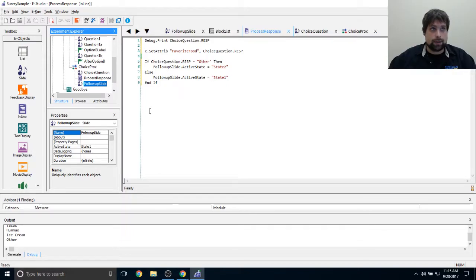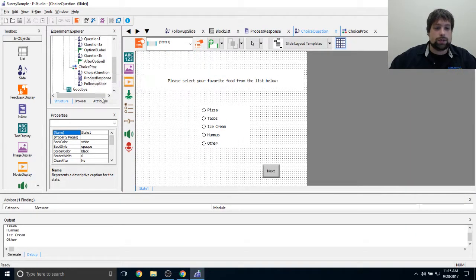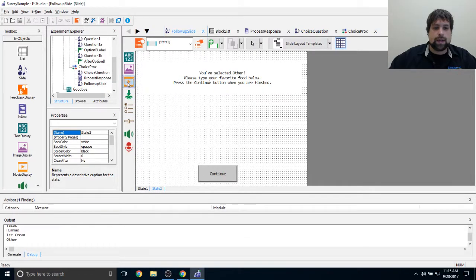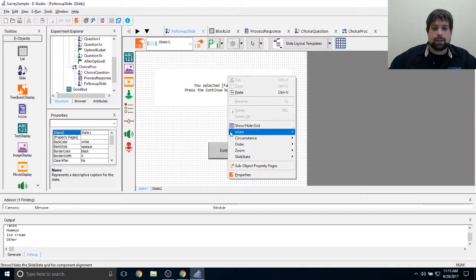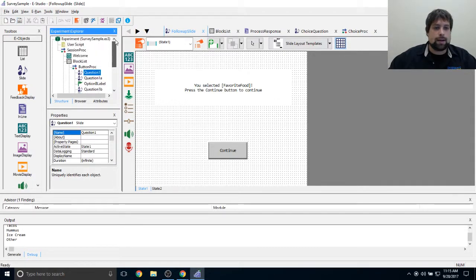which they can actually type and write their other favorite food. Or if they don't select other and they select one of the actual food items, it's going to show them state 1, which looks like this, and I'll let them click the continue button to continue. So I'm going to go ahead and save this, and I'm going to demonstrate it by